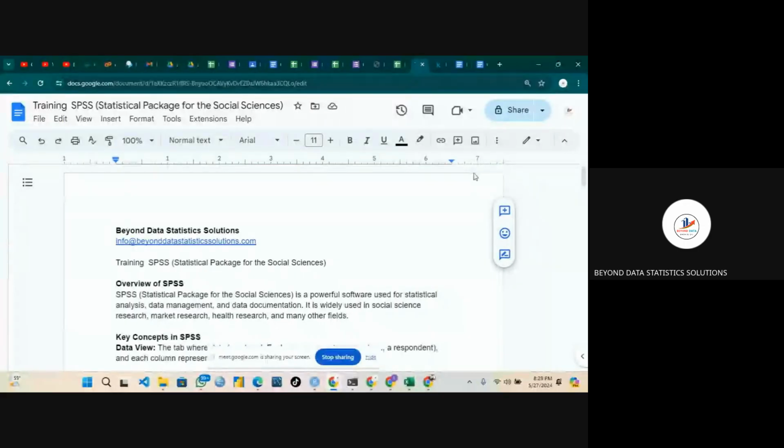So let me start by sharing my screen and just confirm if you can see my screen. Yes, I can see it. Yeah, so